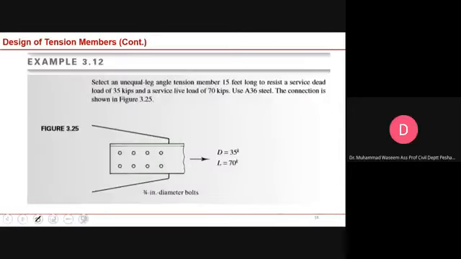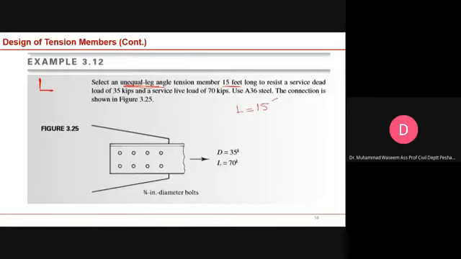Okay, now we will go through another tension member, design of tension member example. And in this, if you look at the statement, you have to use an unequal leg angle. Unequal का क्या मतलब है कि you have to select an angle जिसकी legs आपस में they are different, lengths are different. Okay, and the length of the member is given. The length of the member is 15 feet. So immediately L is 15,